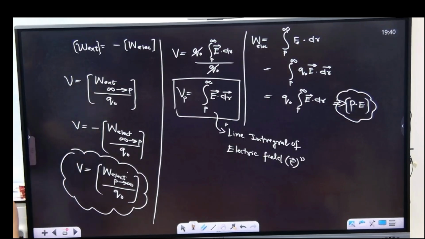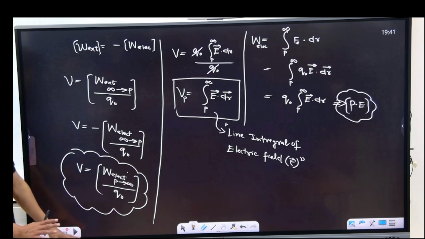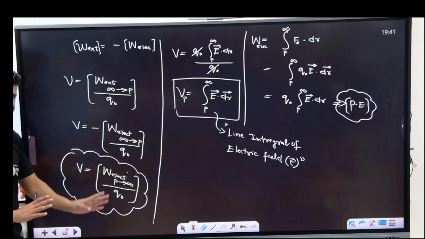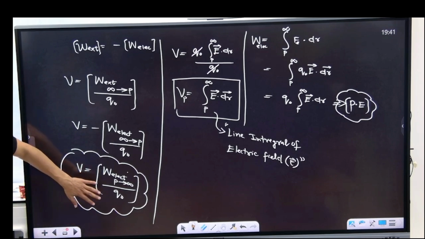Electric potential due to a point charge. Did you write? Then you have to remember that formula also. One formula, two formula, you have to remember. Concept also, not formula only, concept also. I will try to make everything easy now for you, because all this hard work which we did will be easy now. You have to remember this.